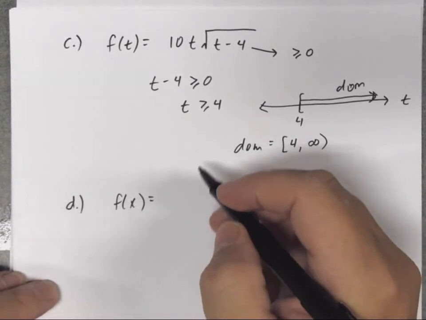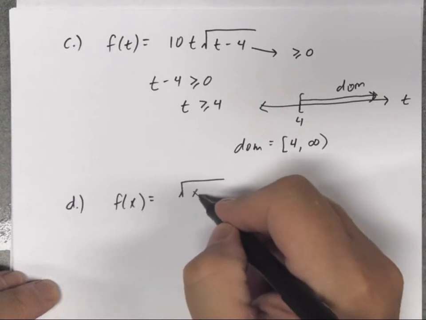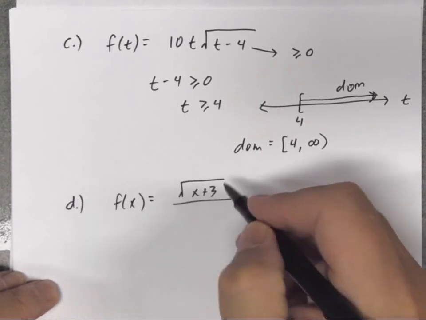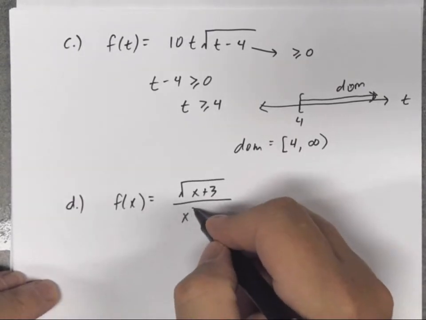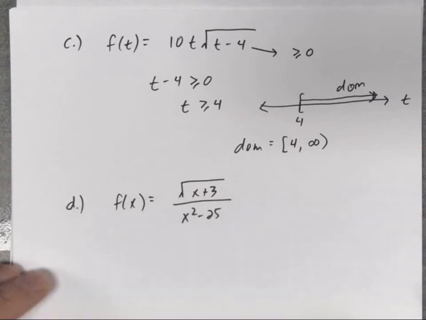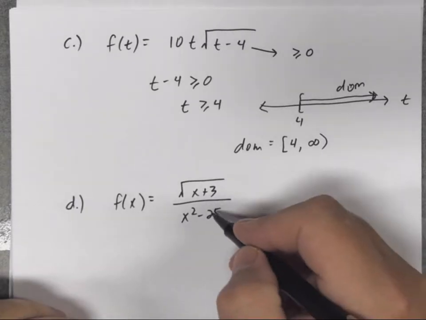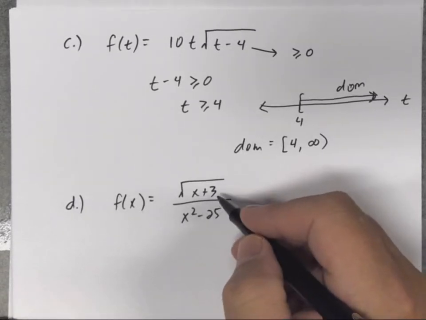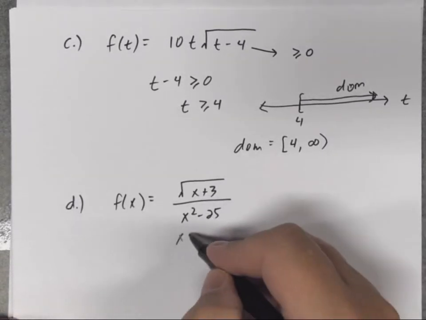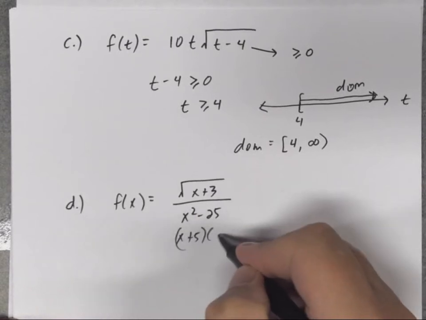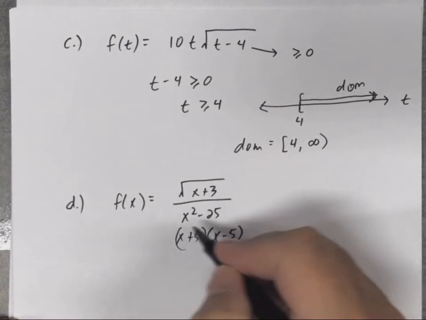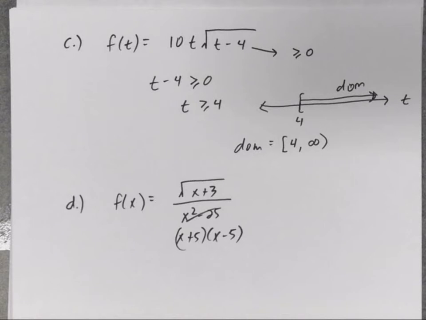f of x equals square root of x plus 3 over x squared minus 25. Actually, most of these problems like this, the first thing you should do is go and factor. So before I even try to figure out the domain, let me just factor this. This is a difference of squares. All right, so now